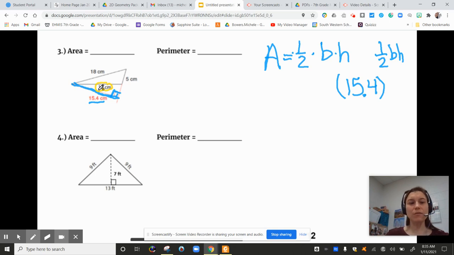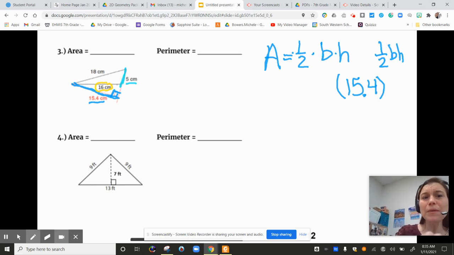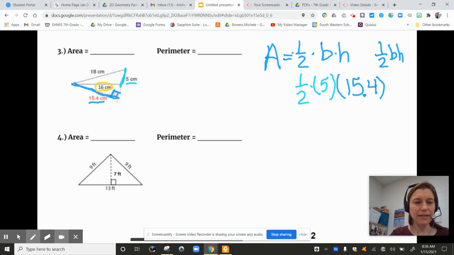And so that would mean the base is here, this 5, because that's when it's actually standing up. So the height is 15.4, but the base is actually 5, not 16. And I always have to multiply it by a half. And they say, well, which ones do we multiply by a half? If it's a triangle, then you're multiplying the base times height times a half. So every triangle. So when I do that in the calculator, I get